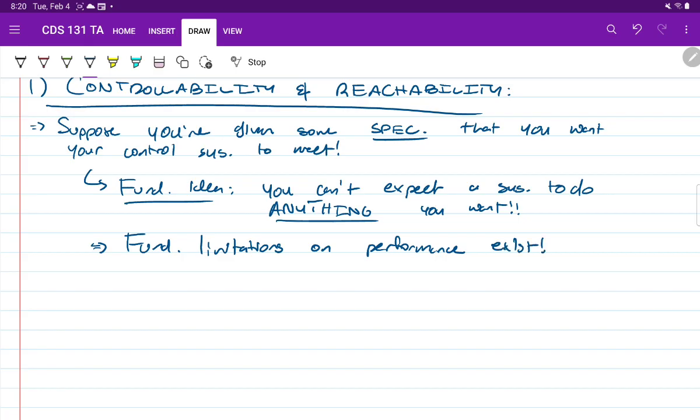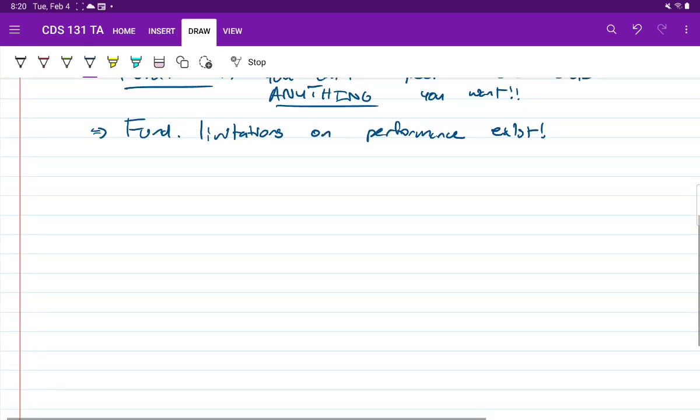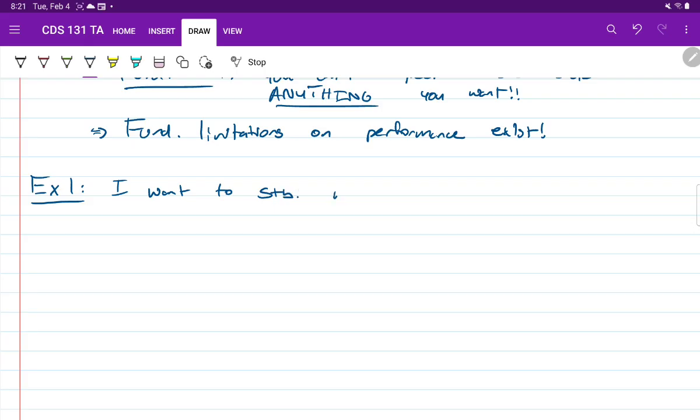What's more, these fundamental limitations inform how successfully we're going to be able to solve various control design problems. So I'm going to sketch out some very basic examples of what I mean. Example one: let's say I want to stabilize my control system,